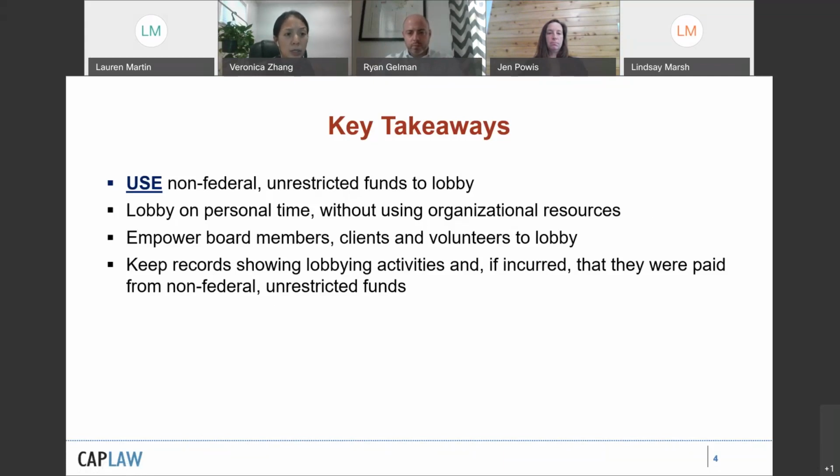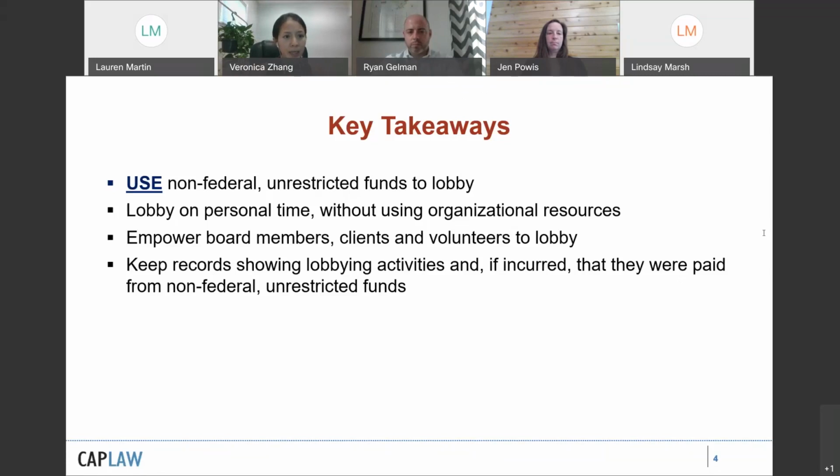And it often is a really good way of rallying those in your community behind the mission of the organization and to really promote the organization as well. What you just have to make sure you're doing is that you're not using any agency resources to support those lobbying